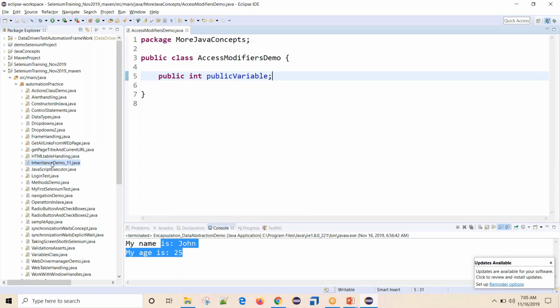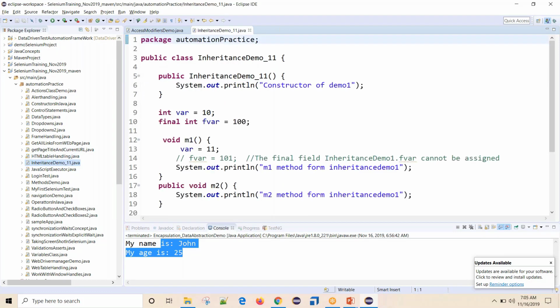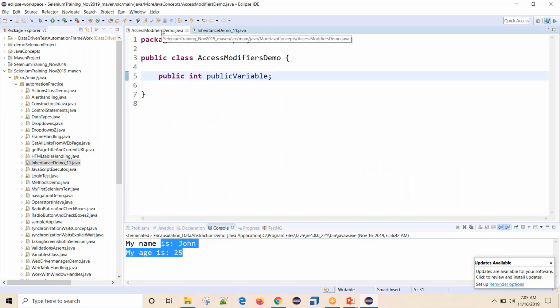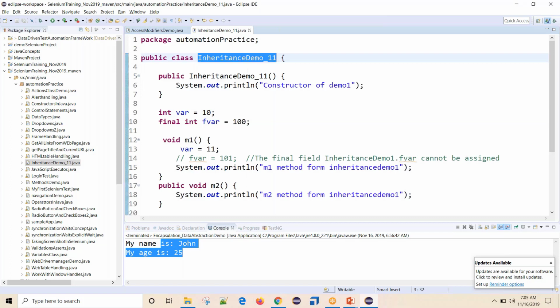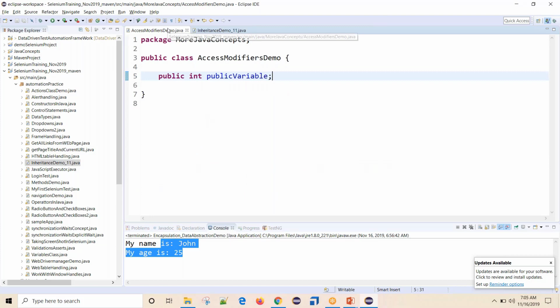Okay, now what I want to do is, now I have this inheritance demo 11 class, and from this inheritance demo 11 class I want to use this variable called var. Okay, so I want to use it in this access modifier demo. So how can I use it? Let me try creating an object of this class, which is inheritance demo 11, and both classes belong to different packages. Okay, let me create a main method,